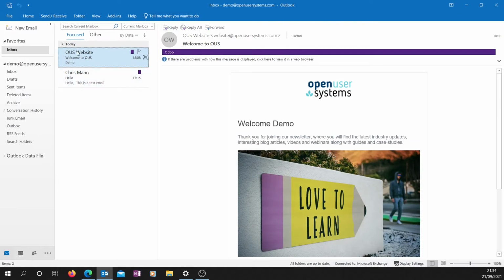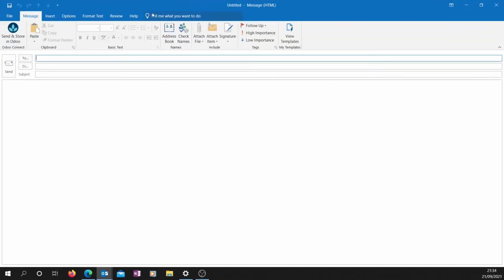So that shows the basic functionality, and it's possible also to attach from other folders other than the inbox. However, one feature that's worth looking at is the ability to attach while sending a new email. So if I click new email, you can see this window appears, and this is the compose window. You can also see this special button, send and store in Odoo. If I click that button and then send an email,